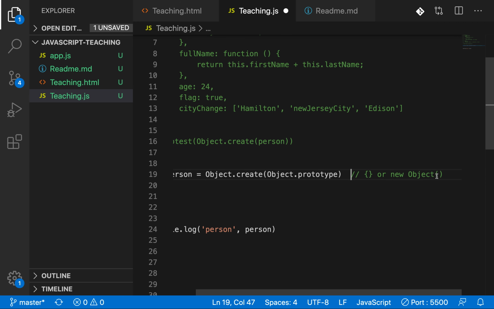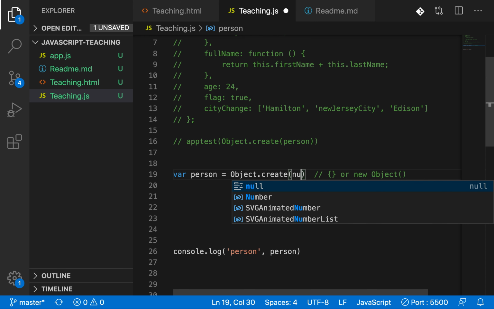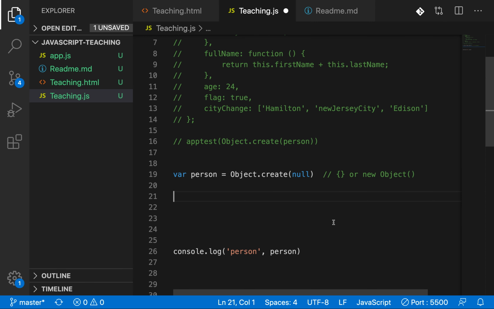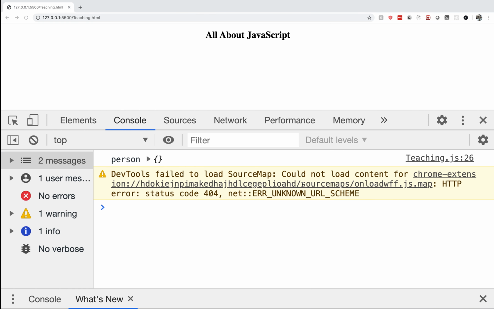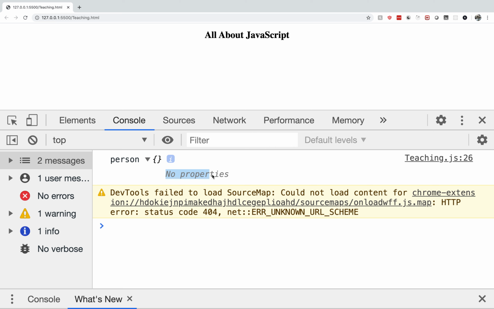There is another way. Let's say instead of Object.prototype, I pass null. What will happen here is it also creates an empty object, but it doesn't have any access to the prototype, so you can't define anything into the properties.